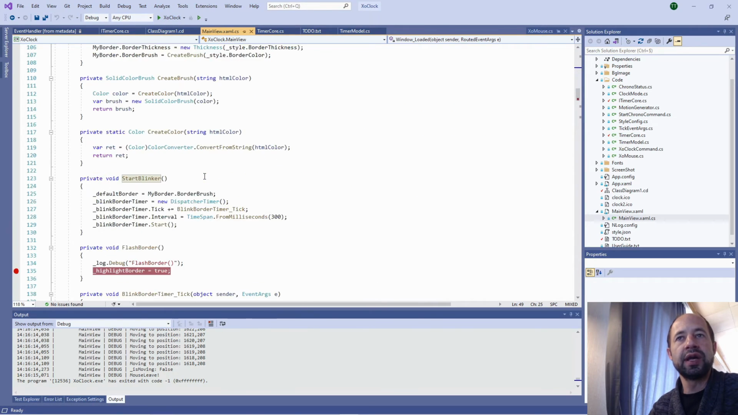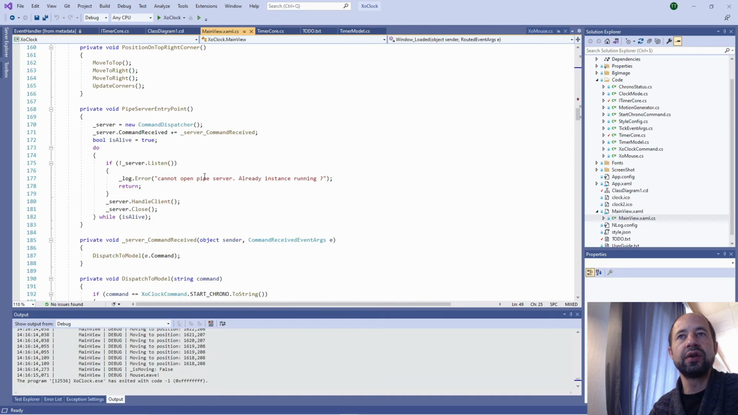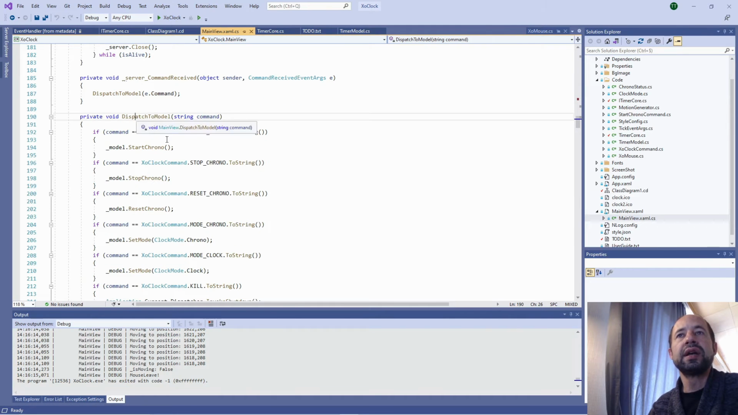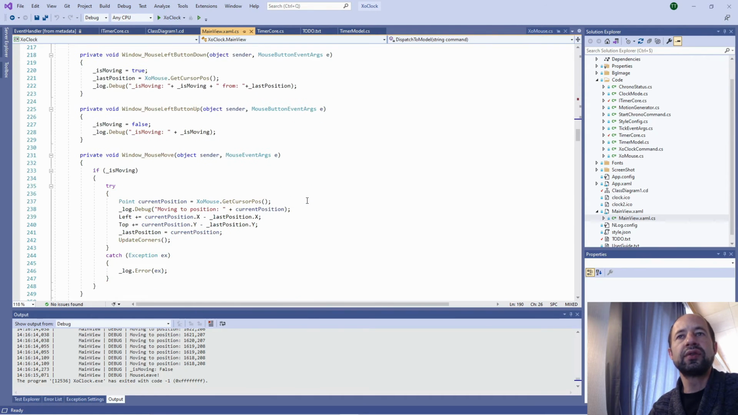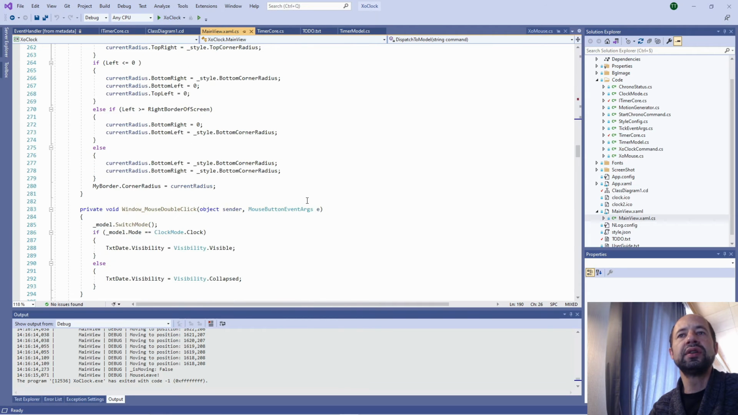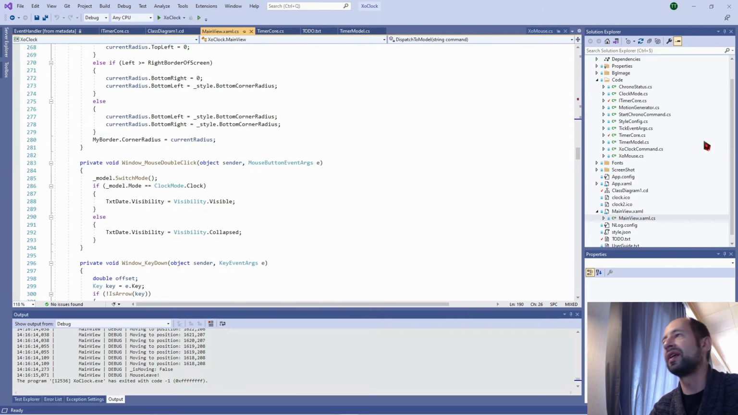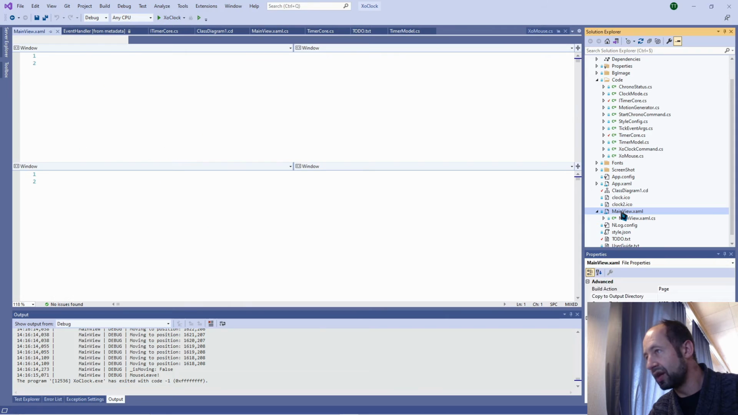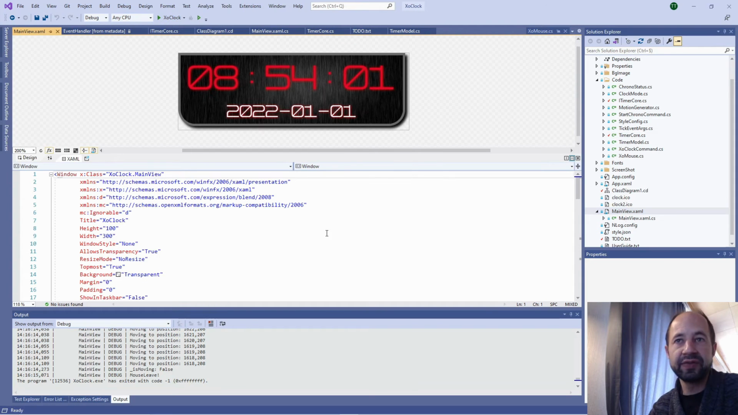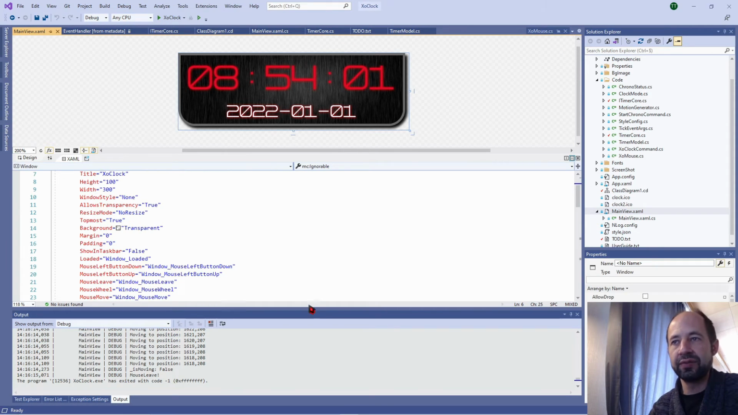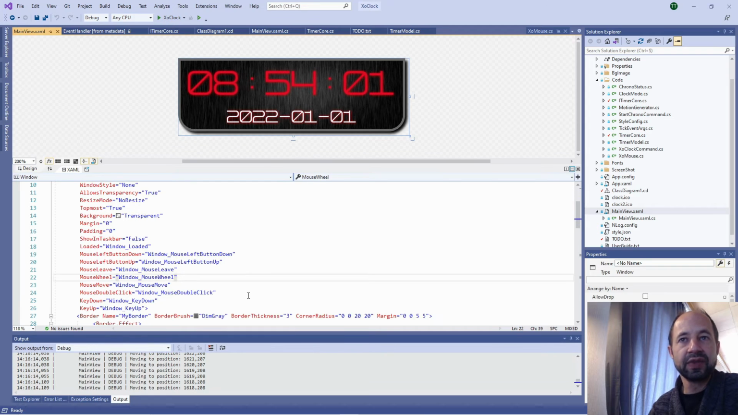And where is my functionality to handle the keyboard? Let's be a little clever. I'm going to the XAML file here, and there should be some events which are defined. So here we see mouse click, key down, key up. So here all these things are event handlers, and